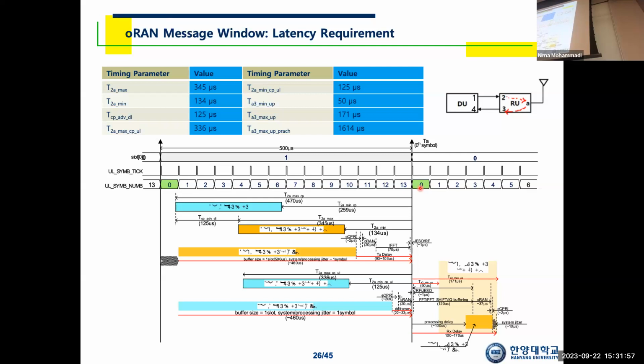That information will arrive at the radio unit at the earliest this moment, at the latest this moment. Okay? Indeed, you will receive the uplink signal during that time period. Then, as soon as you receive the uplink signal, you have to perform frequency down conversion, A to D conversion, and